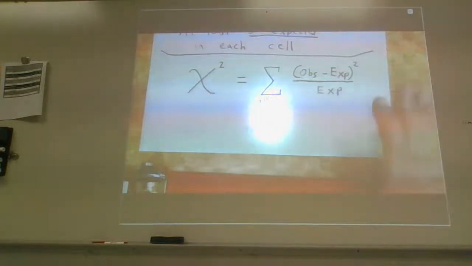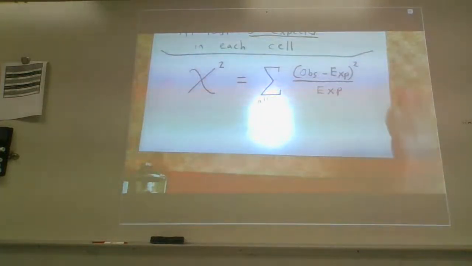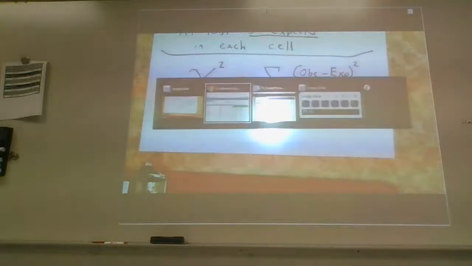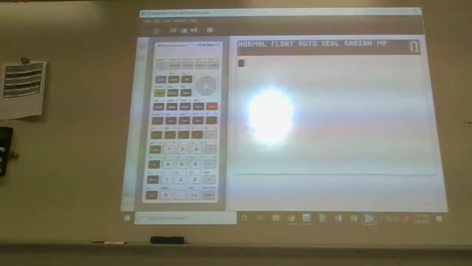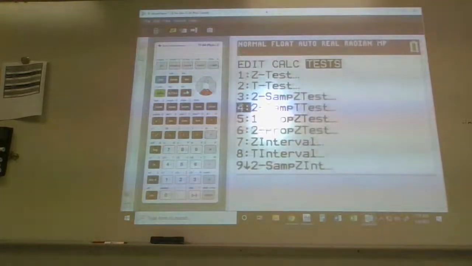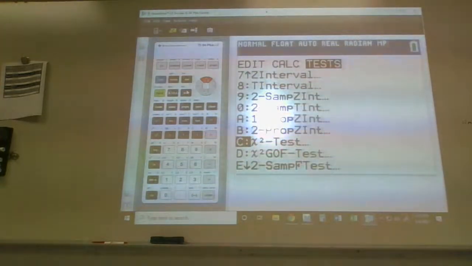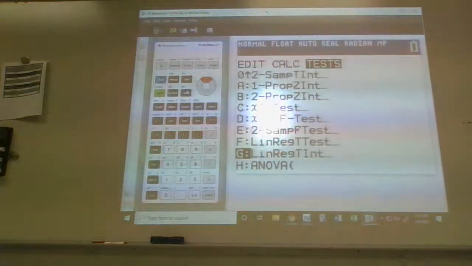Now, we are going to be using chi-squared in the calculator because this is a chi-squared goodness of fit test. On the graphing calculator that you guys have open, obviously you can confirm this for me, if you hit stat and go over to tests, scroll down a bit, you guys have two different chi-squared tests. Is that correct? Yes. You have the regular chi-squared test up here, and you have the chi-squared goodness of fit